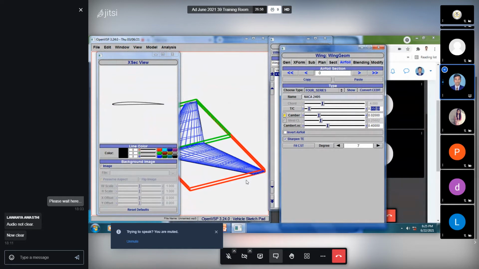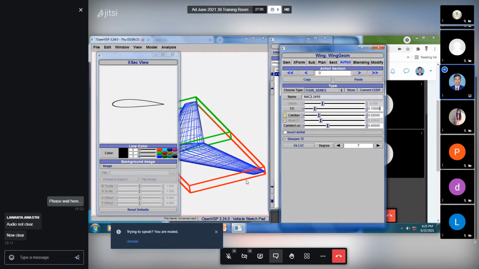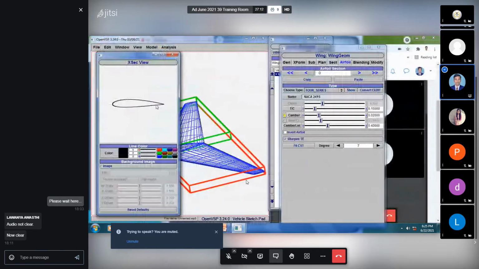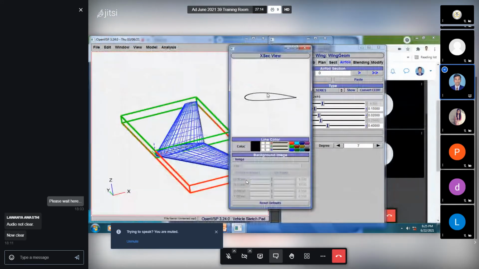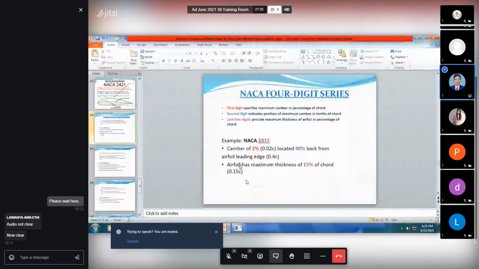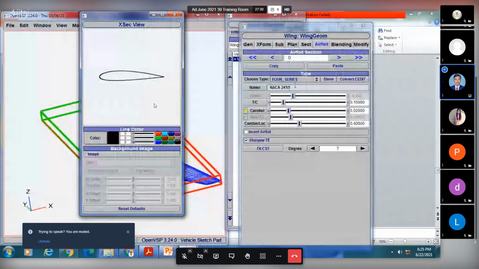Now we have to change this 5% into 15%, so that's why at 0.15, enter. You can see the name of the aerofoil also changed, NACA 2415, and we got NACA 2415. Initially it was a thin aerofoil, now we got our required aerofoil, and here you can confirm yourself, the name of the aerofoil also changed. So we were looking for this aerofoil, and that is what we got.